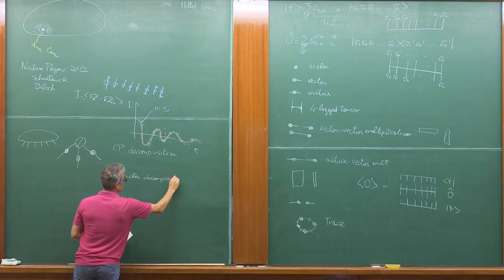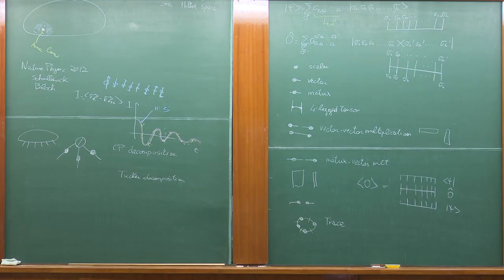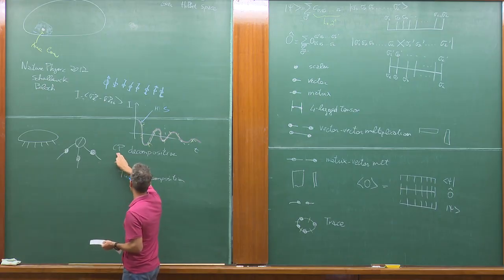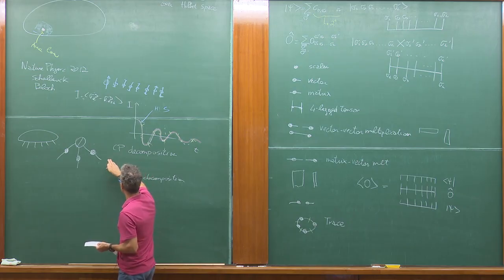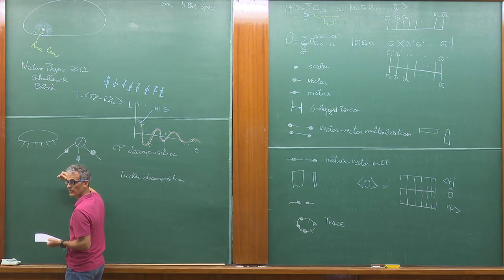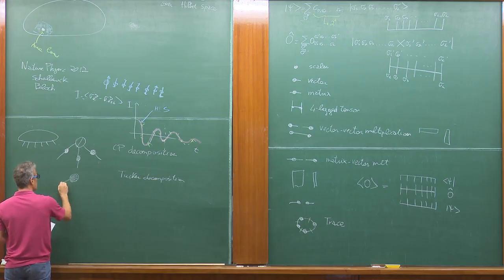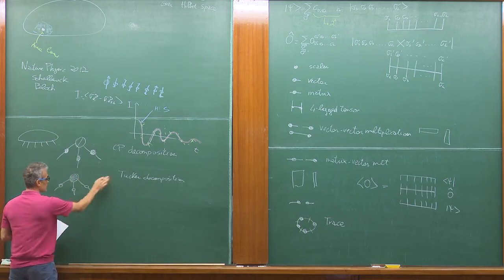Actually, any tensor you can write it this way. So this tensor could be representing a state, could represent an operator, could represent other things. This is just really generic about how to represent a multi-leg tensor. Okay? Can you please repeat what you said? CP decomposition. Canonical polyadic decomposition, something like this. So you have diagonal elements, and each element is coupled to a bond dimension 1 tensor. Okay? Or a more generic one, where you have a matrix coupled to bond dimension 1 tensors. Okay, this is the Tucker decomposition.